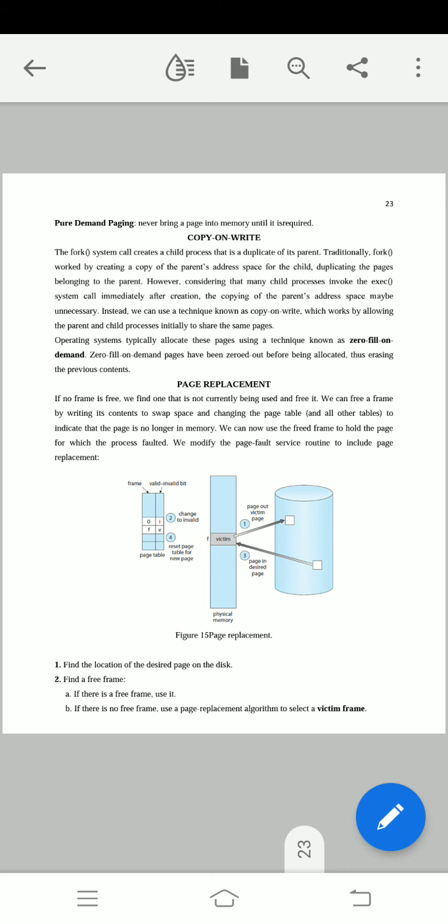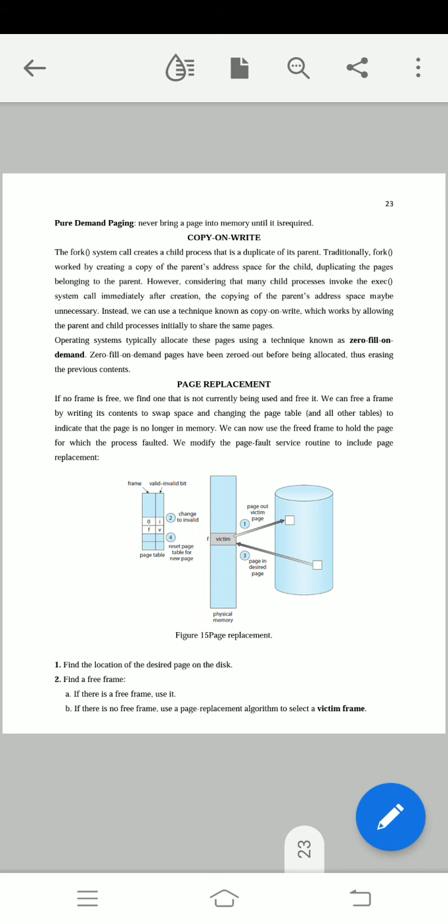So we can use a technique known as copy on write, which works by allowing the parent and child process initially to share the same pages. With the help of copy on write, the parent and child can share the same page for their execution. Operating systems typically allocate these pages using a technique known as zero fill on demand.